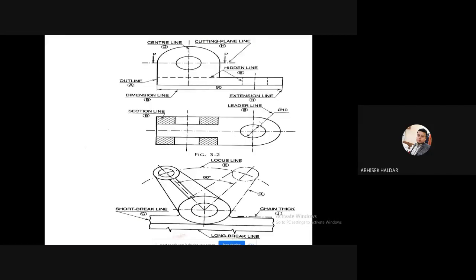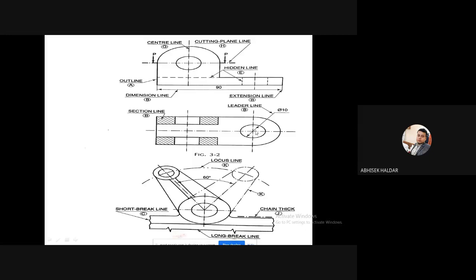Now see, this leader line, basically how to show the dimension of this circle. You draw a line through this center. You can see a line in between the two parts, that means up to the end of the two sides of the circle. Then you put two arrowheads. That line should pass through the center, and you keep those two arrowheads. But above this line, you are not supposed to write that value.